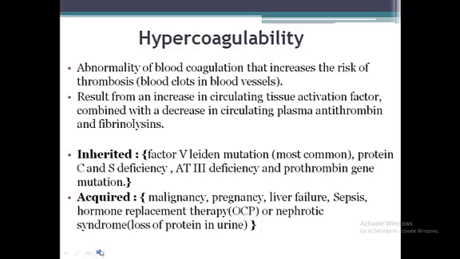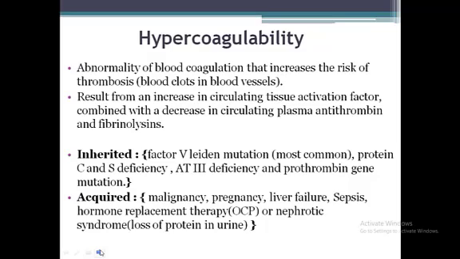The second factor is hypercoagulability. Abnormalities of the blood coagulation that increase the risk of thrombosis. It results from a combination of increased circulating tissue activation factor and a decrease in circulating plasma antithrombin and fibrinolysin. It could be inherited or acquired. Inherited, the most common are factor V Leiden mutation, protein C and S deficiency, antithrombin 3 deficiency, and prothrombin gene mutation. Acquired, like malignancy,